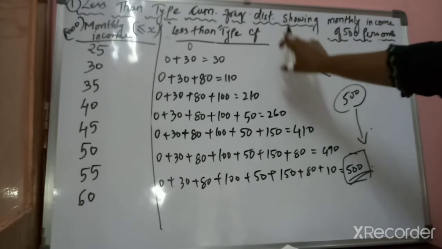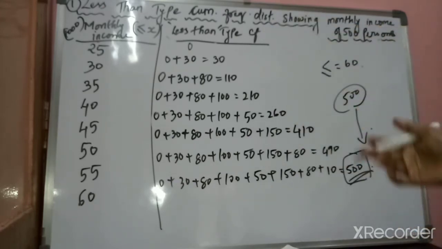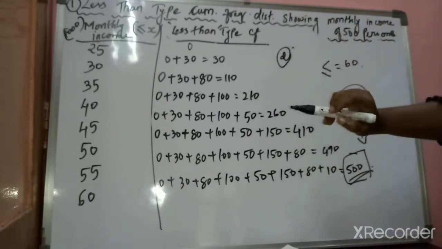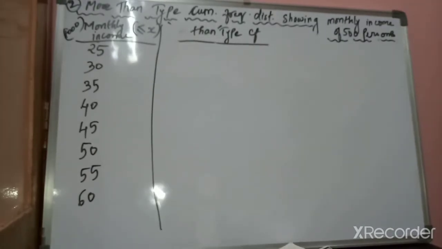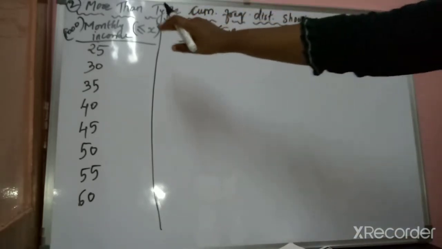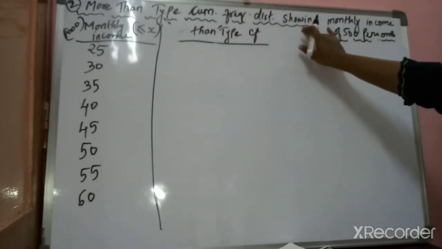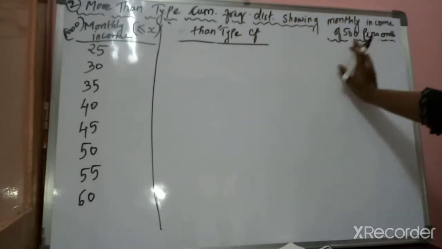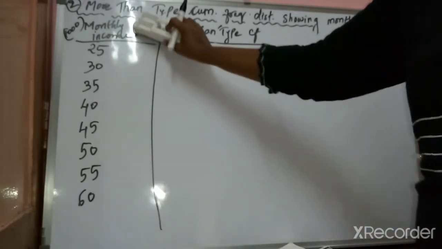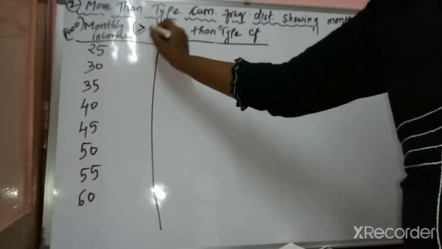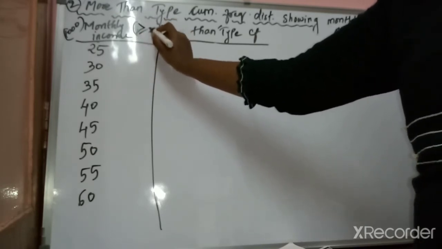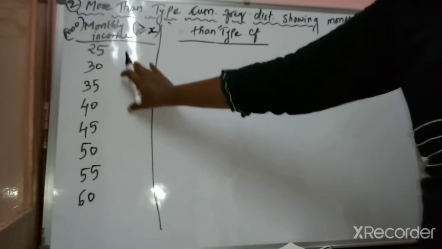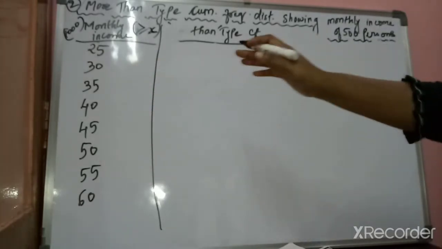Clear with this? Now let's move on to the second, that is more than type. Okay, so again we have to make this table. Yes, now make a table. The second table, giving the title as more than type cumulative frequency distribution showing monthly income of 500 persons, just similar to the less than type. Now the sign would change like this. Okay, more than or equal to x. Now again you have to write it like this, just as we wrote in our less than type, 25, 30,